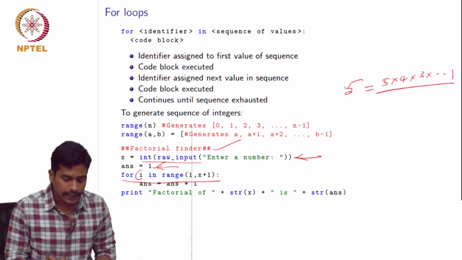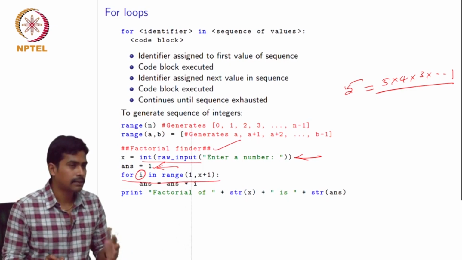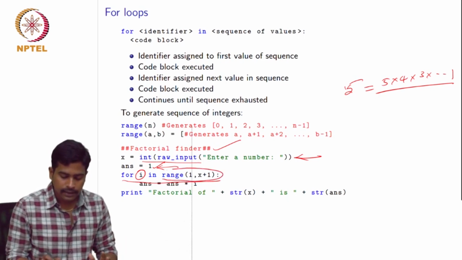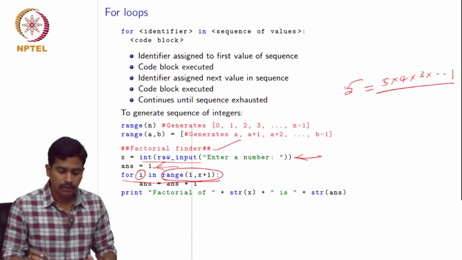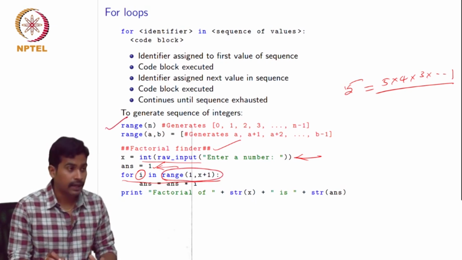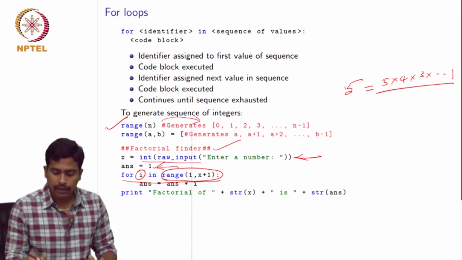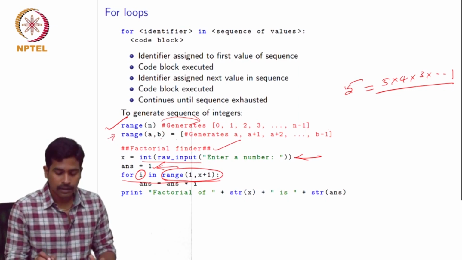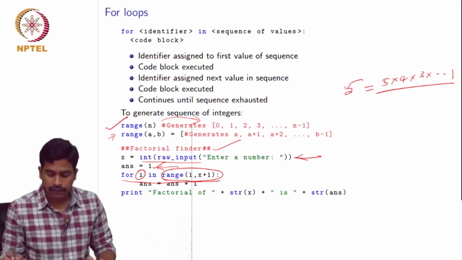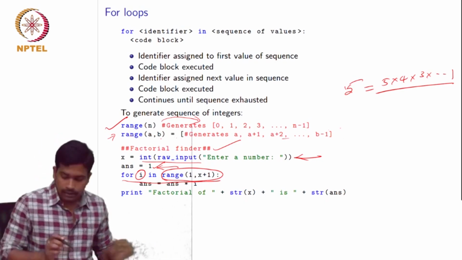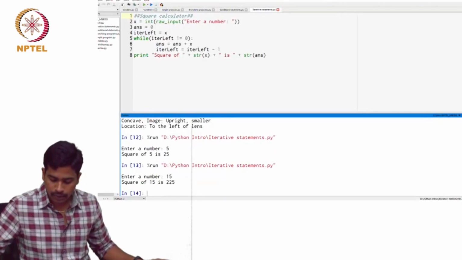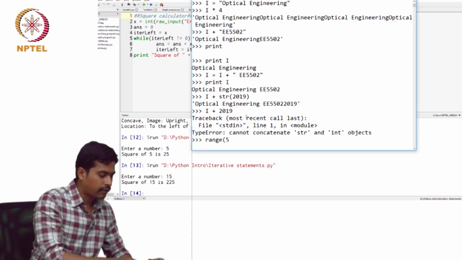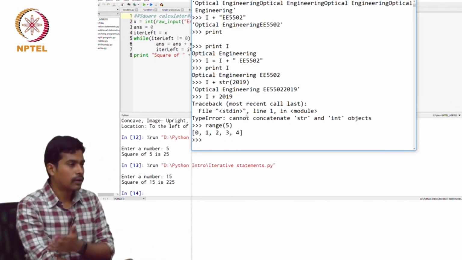In the for loop we are declaring an identifier, also some dummy variable. Here the dummy variable is i, and we write another thing here, range of 1 comma x plus 1. What this range function does is, if you say range of n, it will generate a list of values from 0 to n minus 1. Similarly, if you say range of a comma b, it will generate a series of integers from a to b minus 1. To verify this, let us go back to our Python shell again. This is an inbuilt command, range of 5. The output is going to be 0 to 4, not 5,